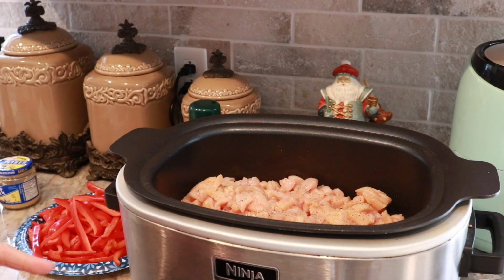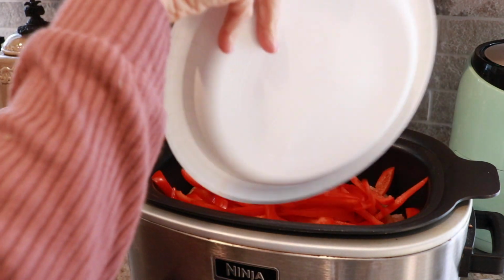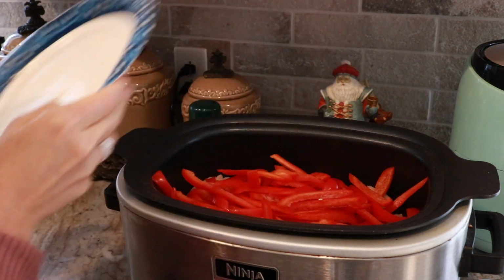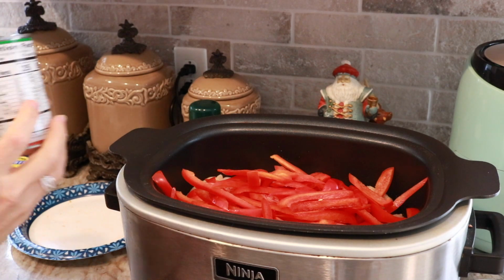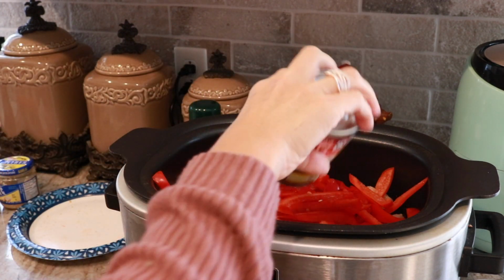Okay, so I've got the salt and pepper in. Now I'm just going to go ahead and dump in everything else. I'm going to put in the red bell peppers, the 2 cans of the fire roasted Rotel,